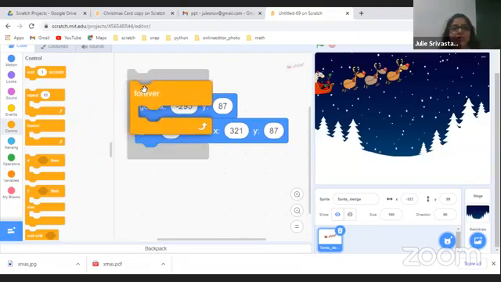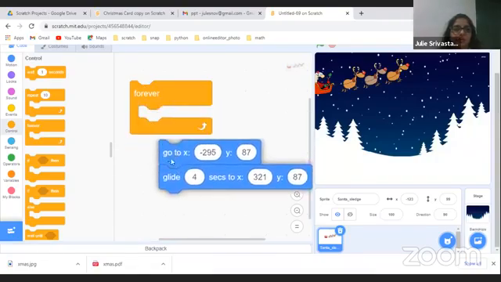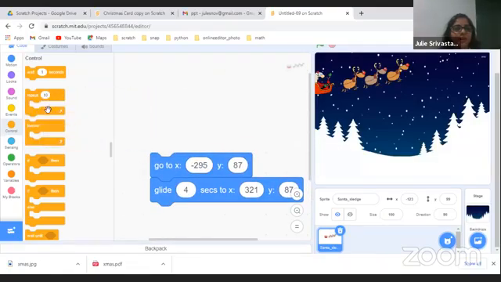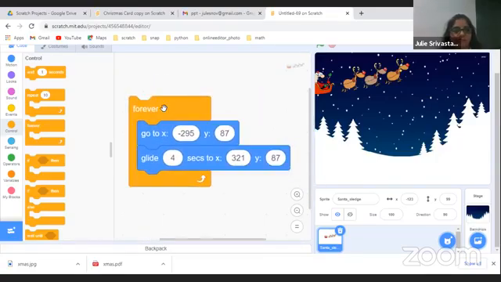And I'm going to take this block and ensure that it takes in both the blocks. So either you can just drag it, or you can pull this block out, bring it here, take both of these and put them inside this. So this forever block ensures that the sledge is going to constantly go from left to right and left to right constantly.